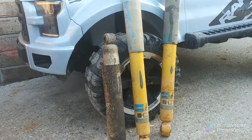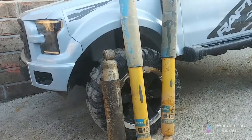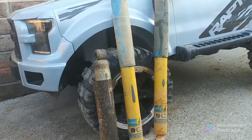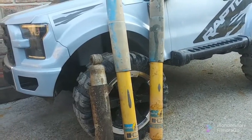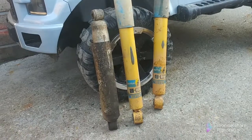putting them on this truck and flexing it out, but I don't think I have anything planned quick enough that I'm gonna need to have that flex. This will just give me a better ride for now. I already went ahead, I got the hard one off. I did that off camera so you didn't have to